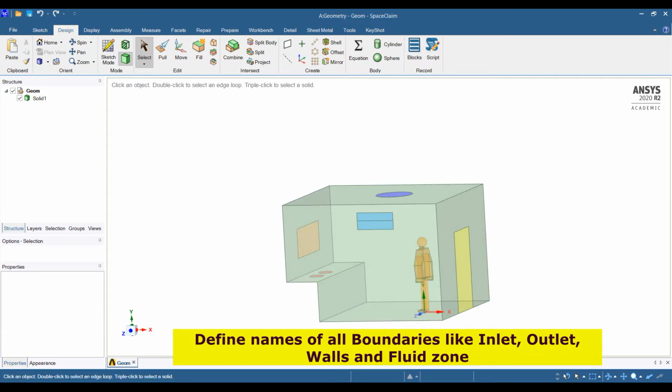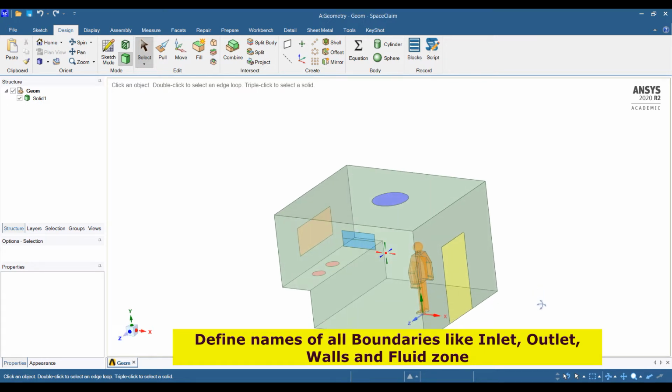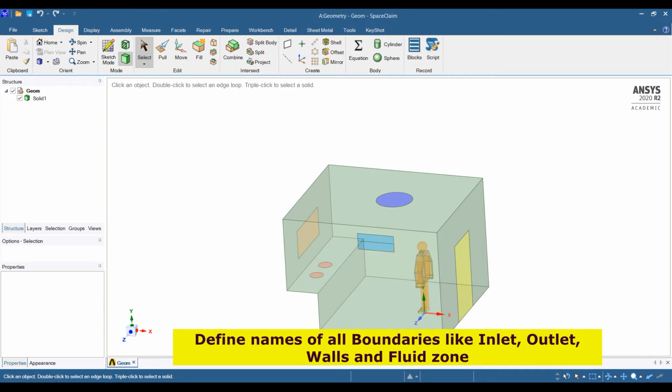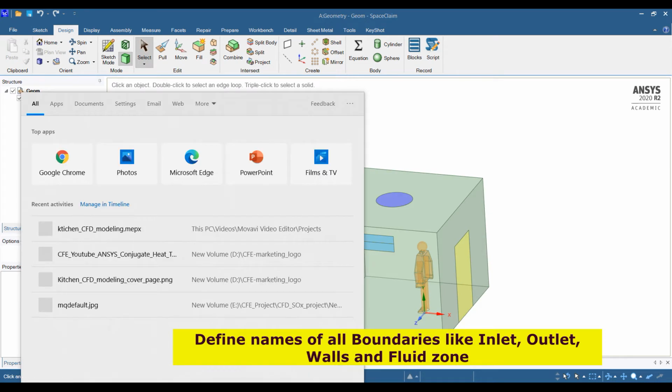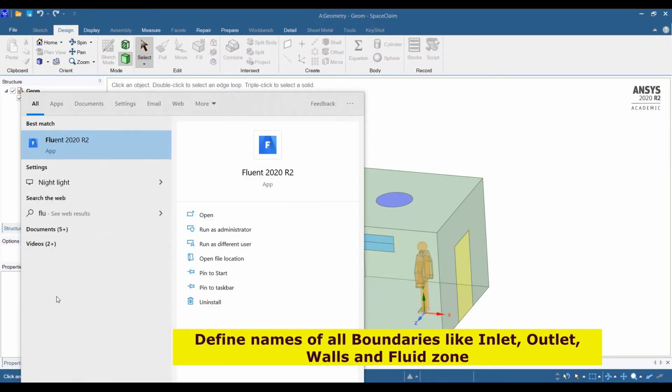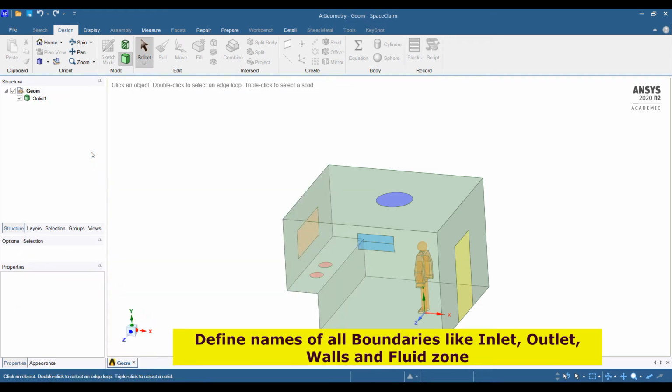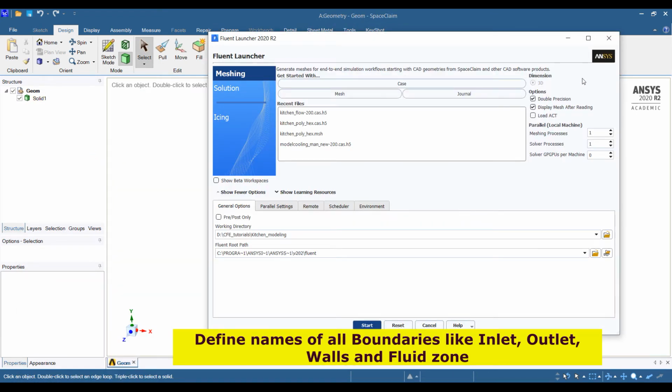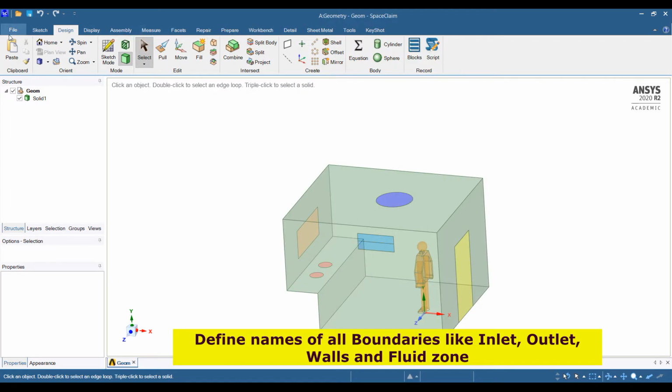Once this geometry in SpaceClaim is created, the next step is to create the mesh. Before that, save the file using Save As.